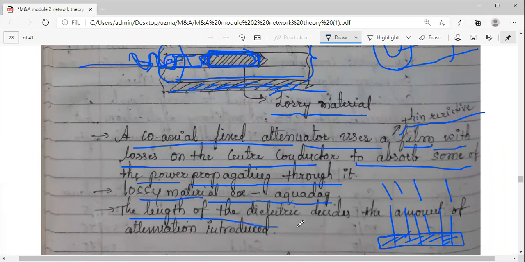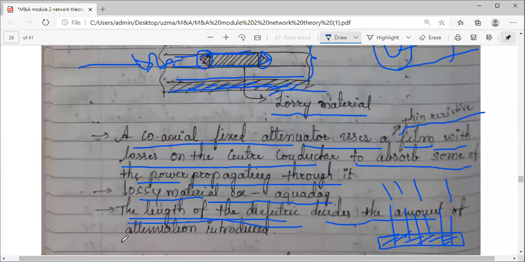Now the length of the dielectric, you can see I have drawn a structure something like this. At both ends, some tapering is there. Even this length and this tapering are very important.